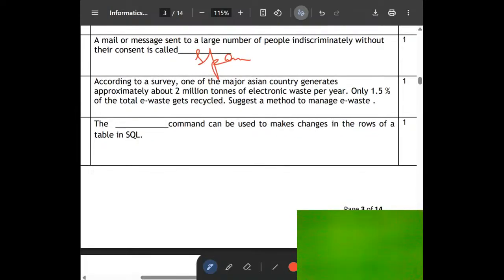Next question is, according to a survey, one of the major Asian countries generates approximately 2 million tons of electronic waste per year. Only 1.5% of the total e-waste gets recycled. Suggest a method to manage e-waste. How can you do that? One option is recycling, buy environmentally friendly electronics. Other, you can donate used electronics to social programs or use or